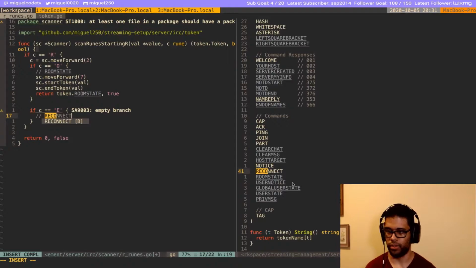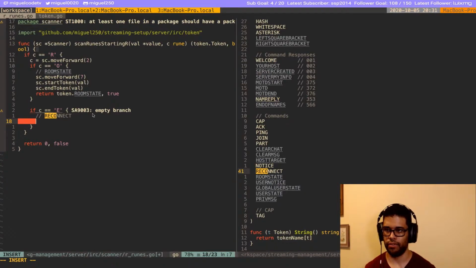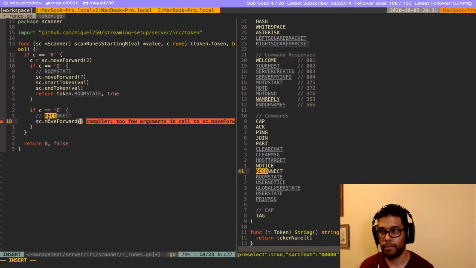Okay, so we're going to do reconnect, and then we have O, yeah, we have O, and then we're going to move it. So we need to count how many letters are in reconnect. So here we are.